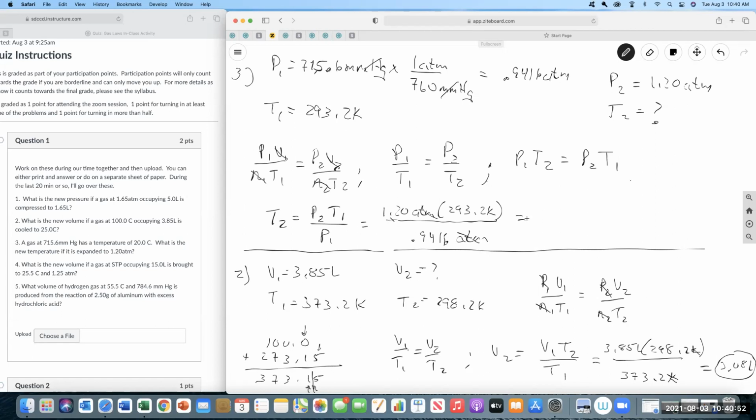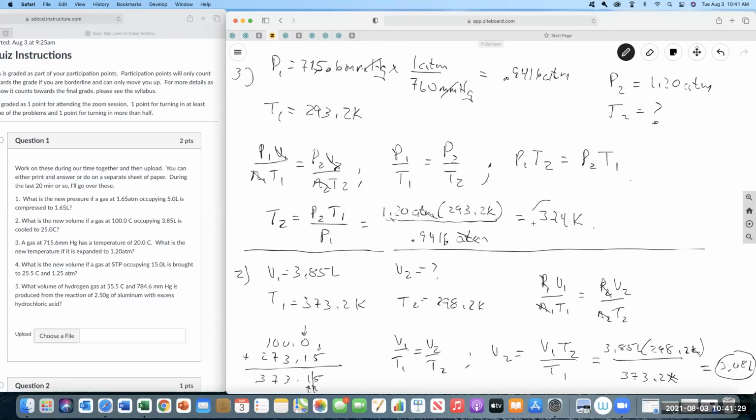Also, you see the pressure is going down, so the temperature should go down, right? 1.20 times 293.2 divided by 0.9416 is 373 point... Oops, I'm sorry, the pressure went up. What am I saying? It went from 0.94 to 1.2. Actually, this is only going to have 3 sig figs because of the 1.20. So 374